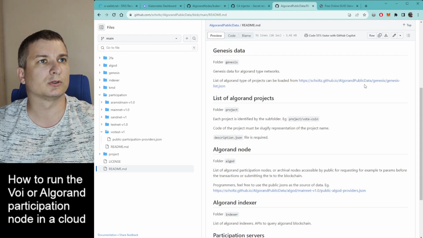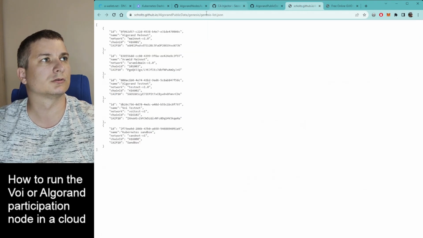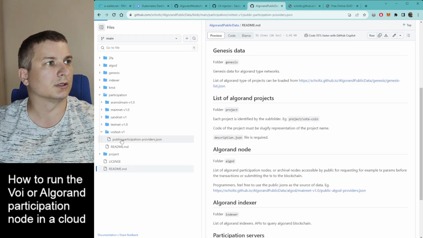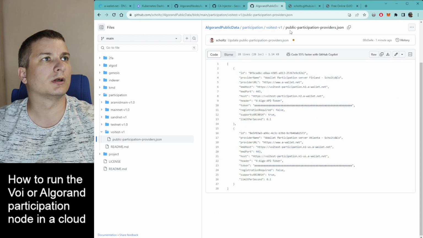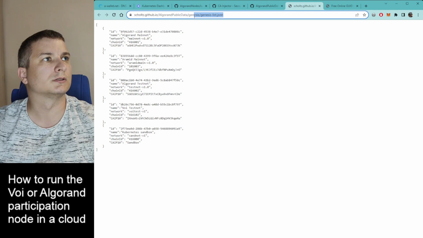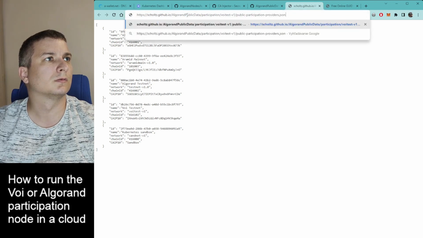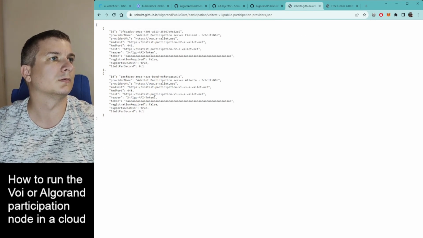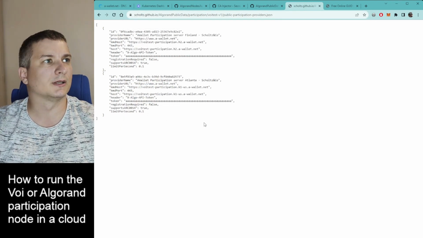So for example, the list of Genesis nodes can be accessed here. But at the moment, we are interested in this file. So let's put it here. We can see that this participation node is already publicly